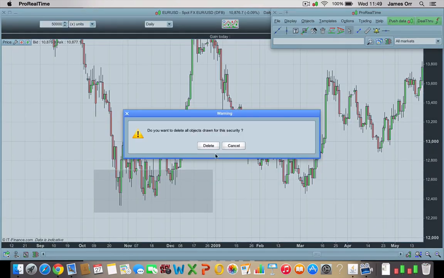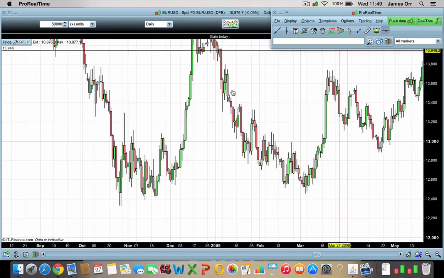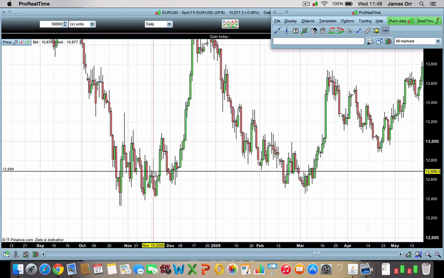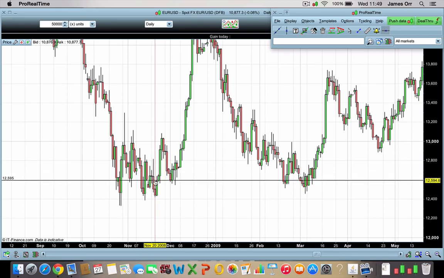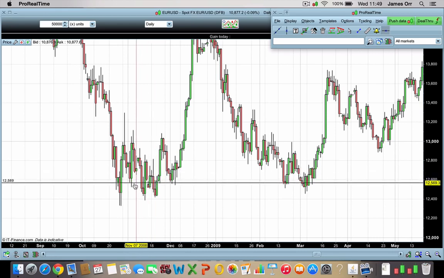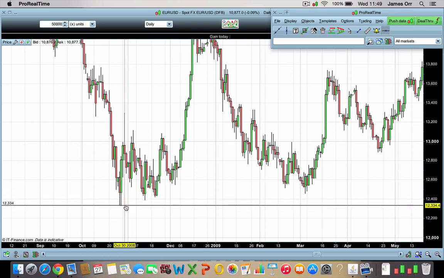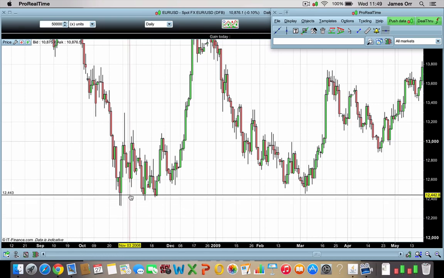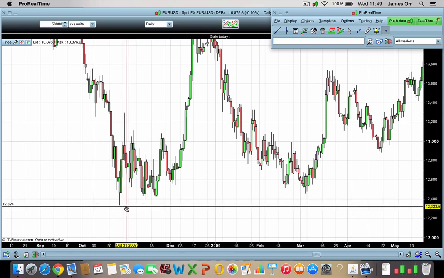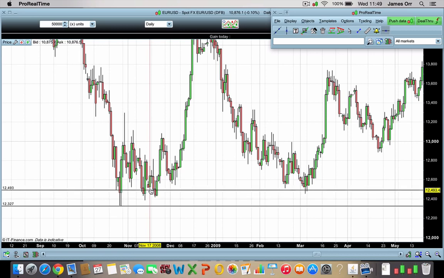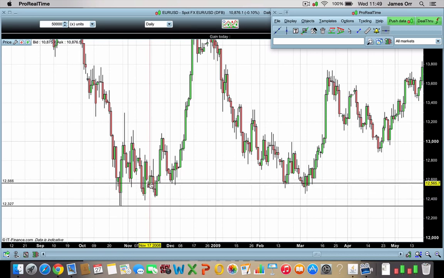So if we just get rid of this just now, what we can see here is, if you take your lines for marking support and resistance, first of all you need to remember that support and resistance is a zone rather than an exact location. What I like to do is I always take into consideration any tails or wicks, and then if you pull the second part of your zone upwards, so you're incorporating